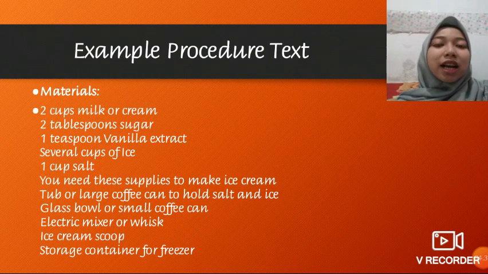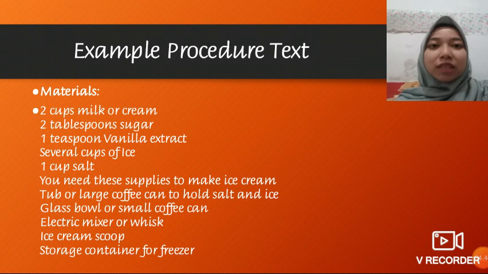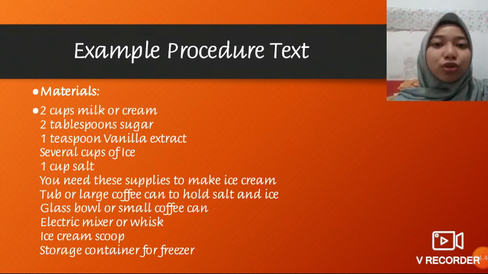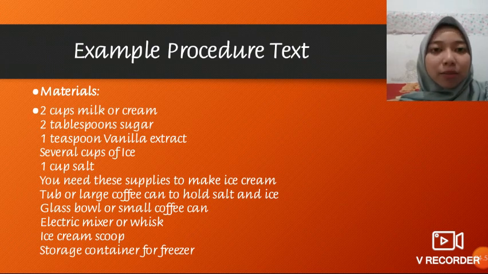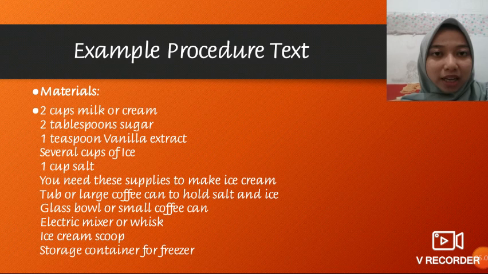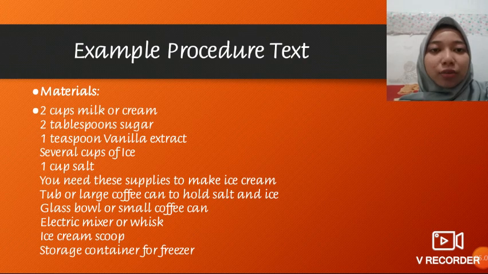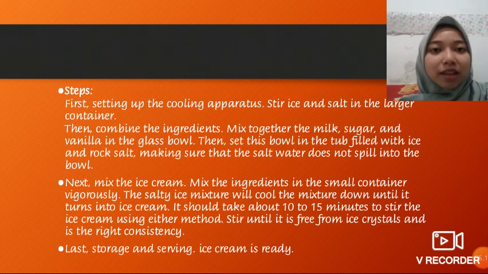Okay, next I give you an example about the procedure text. The procedure text is about how to make ice cream. The materials: 2 cups milk or cream, 2 tablespoons sugar, 1 teaspoon vanilla extract, several cups of ice, 1 cup salt. You need these supplies to make ice cream: tub or large coffee can to hold salt and ice, glass bowl or small coffee can, electric mixer or whisk, ice cream scoop, storage container for freezer. And the next is about the steps of how to make the ice cream. Okay,